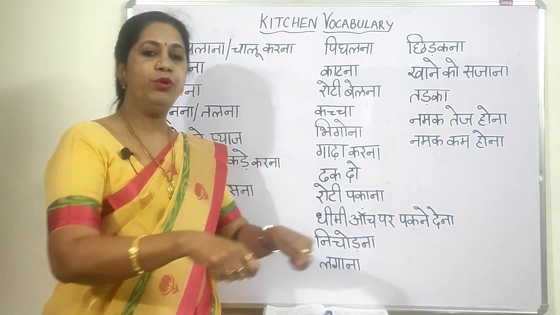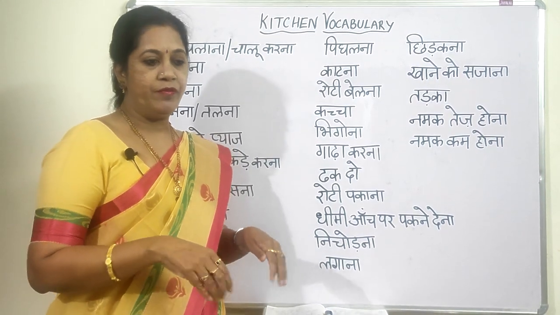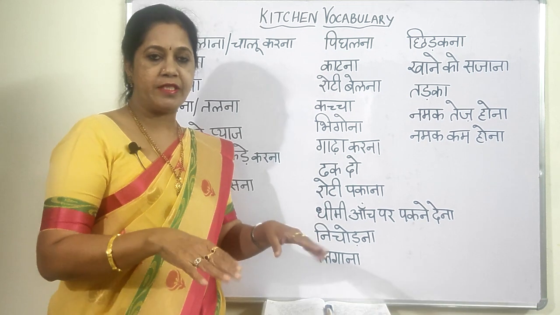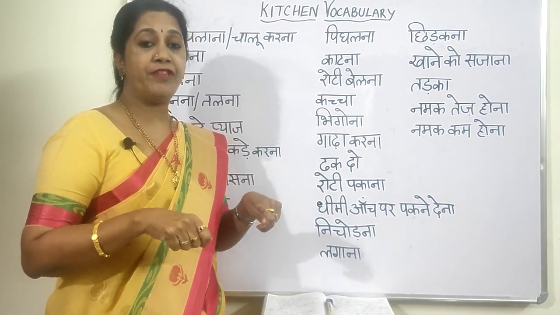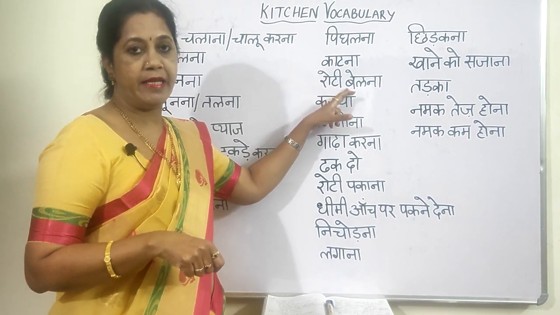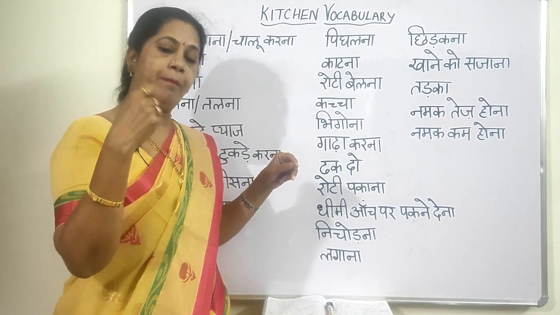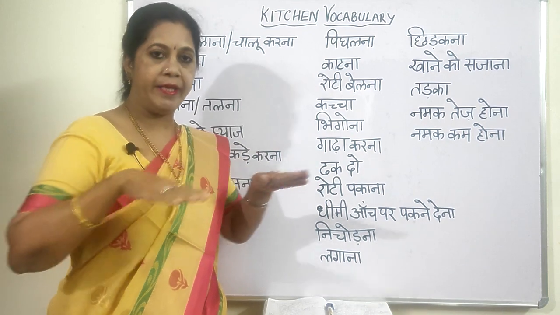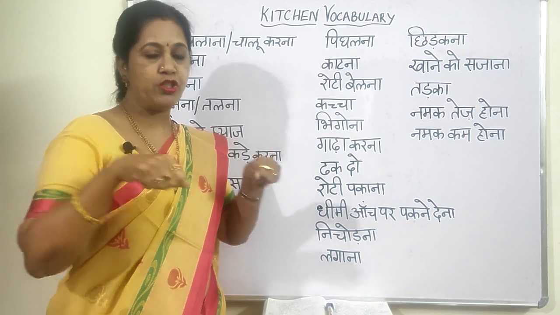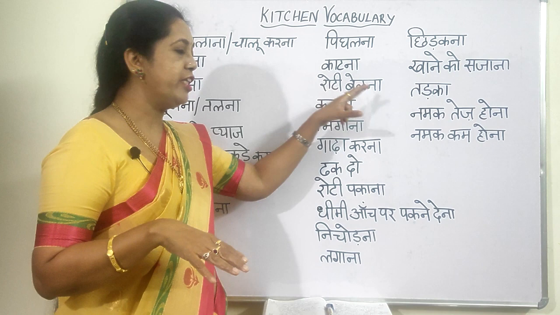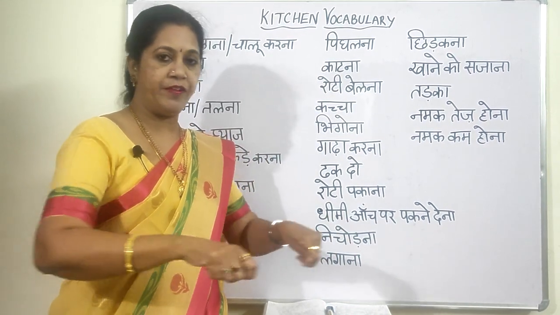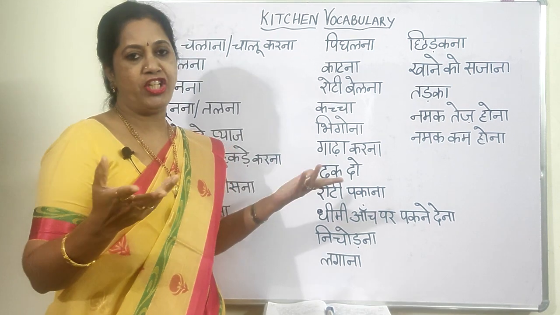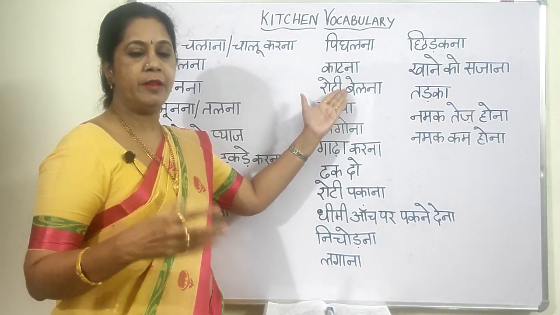Roti belna. That is to spread the dough which is there on some surface, and you try to make the roti. So that flattening of that dough is called roti belna. Belan is the rolling pin. Okay, the rolling pin is called belan, the instrument which you use to flatten it. So roti belna means to flatten the dough on the surface to make in a shape, any shape. Roti means roti, the bread.